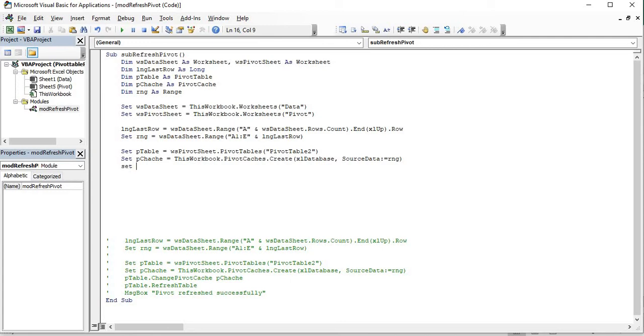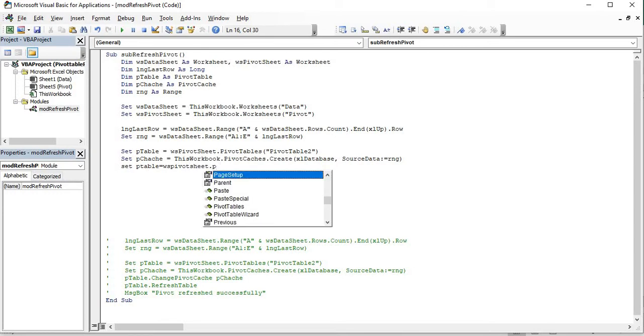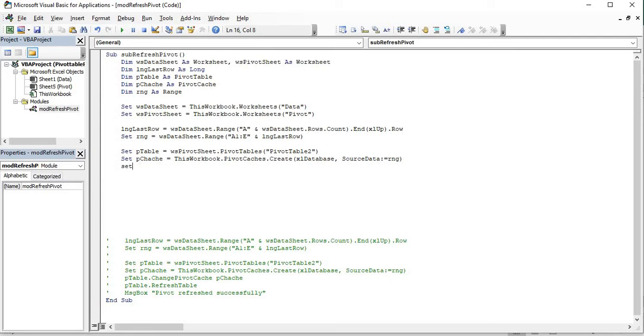For this I am just using that worksheet object, dot ChangePivotCache.